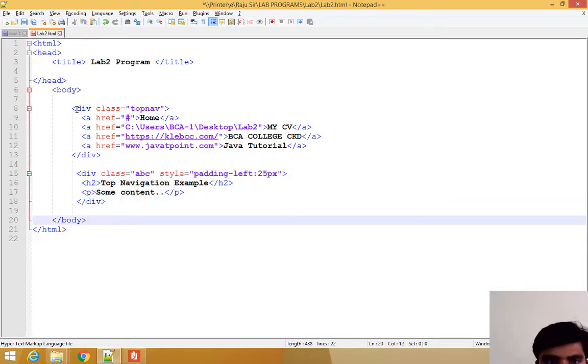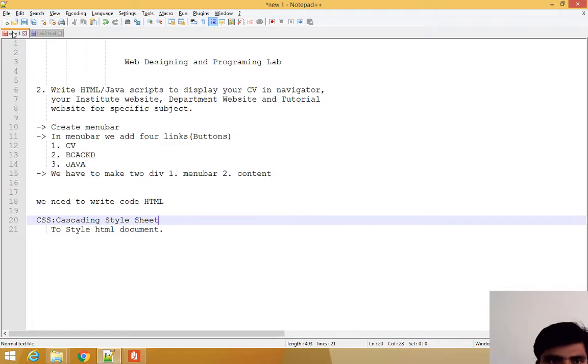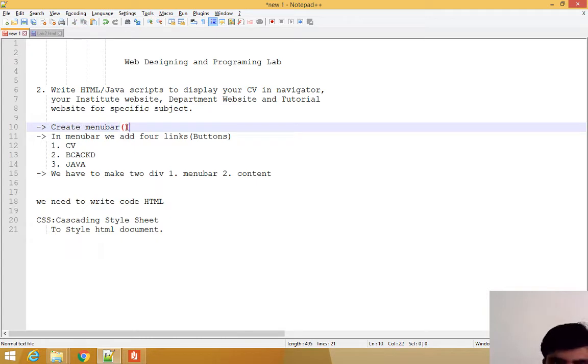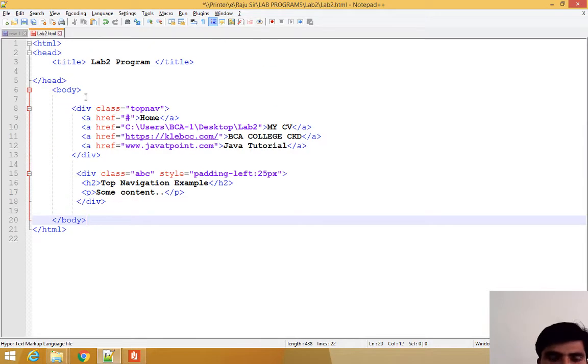According to the question, to create the menu bar we need one division tag. What is the division tag here? The division tag divides our browser into many sections.